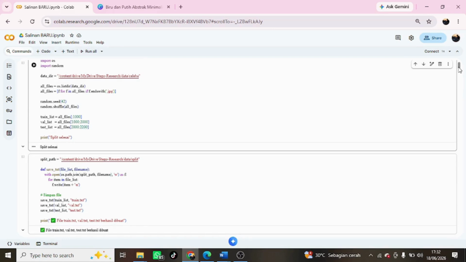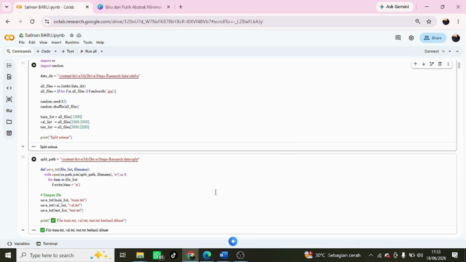The validation data is used to monitor the model's performance during training and help detect potential overfitting. Meanwhile, the testing data is used to evaluate the model's performance on data it has never seen before.